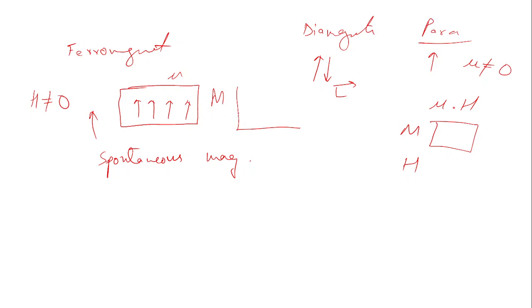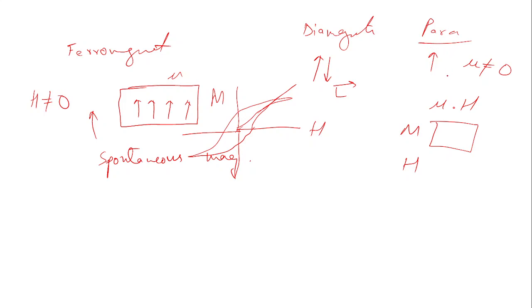Because of hysteresis, the loop looks something like this. When we apply a field, because there is something known as a domain, which we'll be discussing next week, we get a very high magnetization response, but the loop actually looks like this, unlike paramagnetism, for which it was just a linear response. So in detail we'll discuss next time, but just to tell the difference, one basic difference is